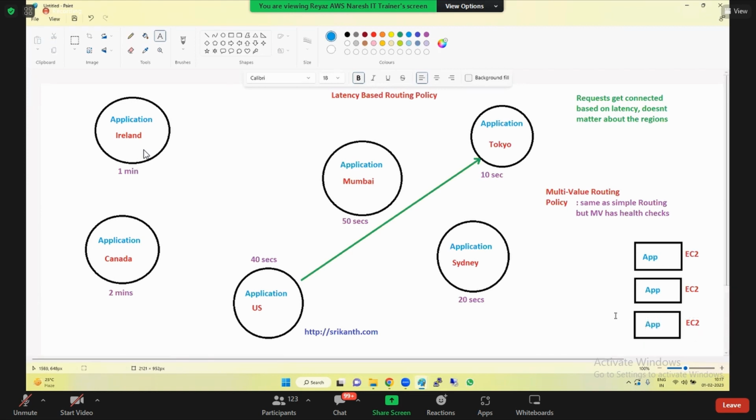Okay, now we have the clients. So guys, if you have a requirement that only a percentage of the traffic should go to this, or only a percentage of traffic should go to this,